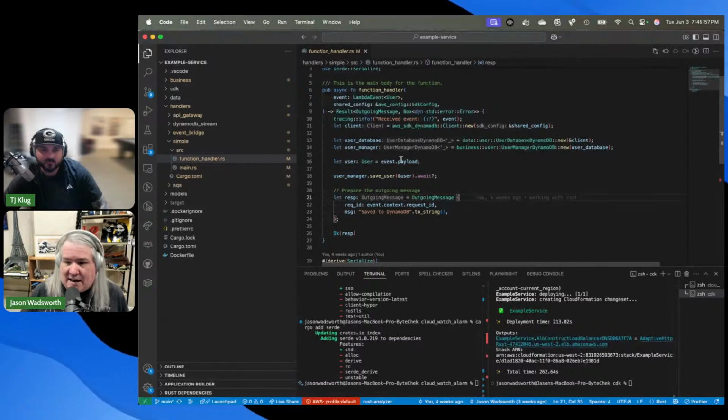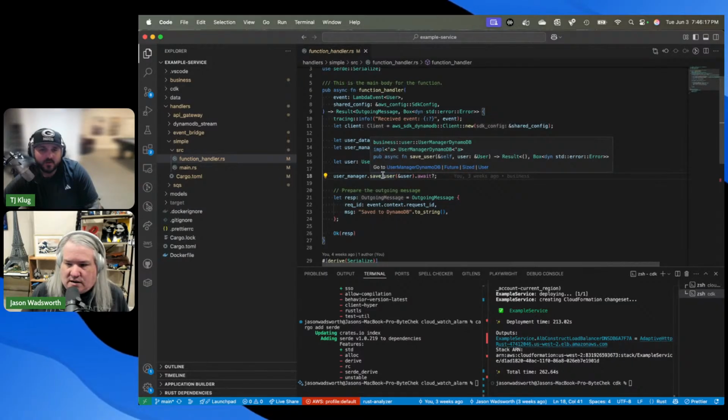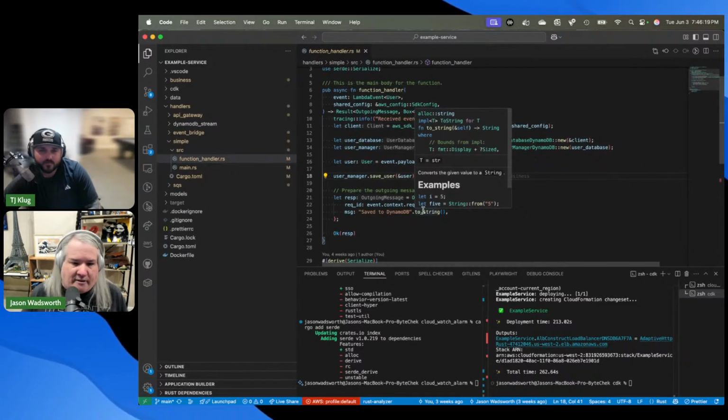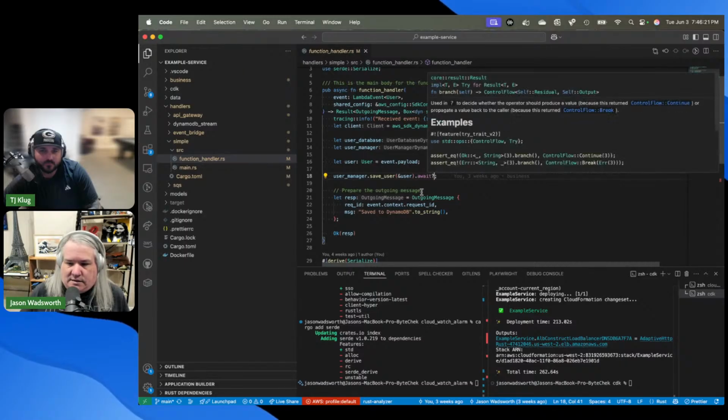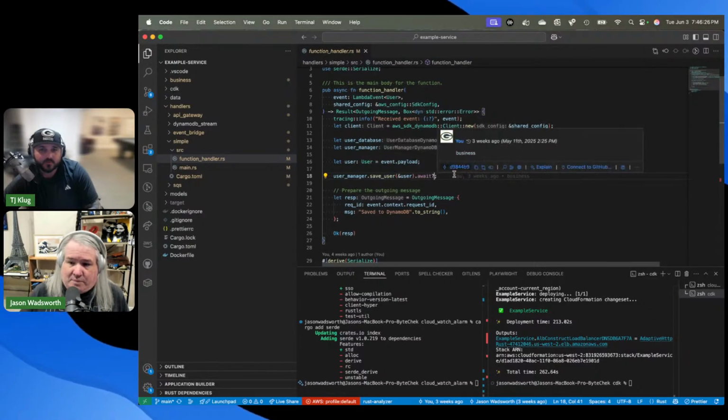But ultimately, what you see happening here is off the payload. The payload is my user object. I'm going to call save, passing in by reference. That little ampersand means by reference. Awaiting. This question mark is all about dealing with the fact that you have to handle everything. Things come back, and this actually returns a result, which is always either okay or error. If you don't handle it, this question mark is just saying, if I don't get it back, take that error and pass it along to the next guy.